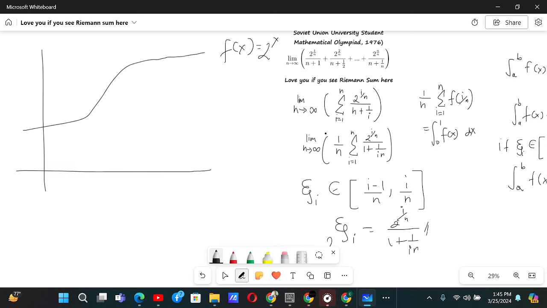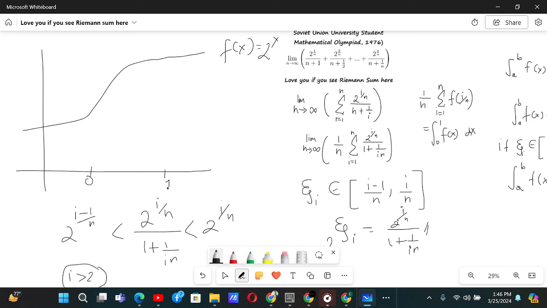What I will do is, first of all, I will show that 2 to the power I by n by 1 plus 1 by in will be less than 2 to the power I by n, and greater than 2 to the power I minus 1 by n. I will first show this for I greater than 2, that will be true. And then after showing this, let's say there is 0, there is 1,